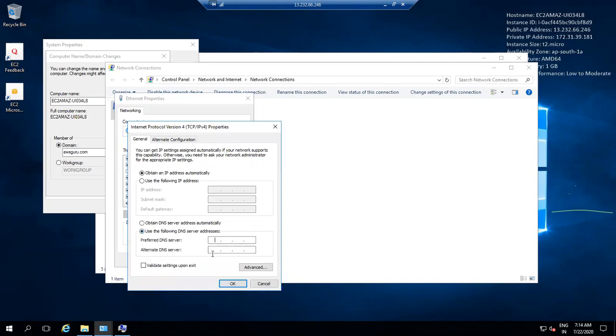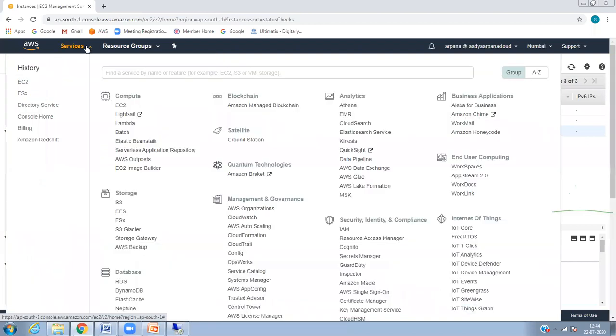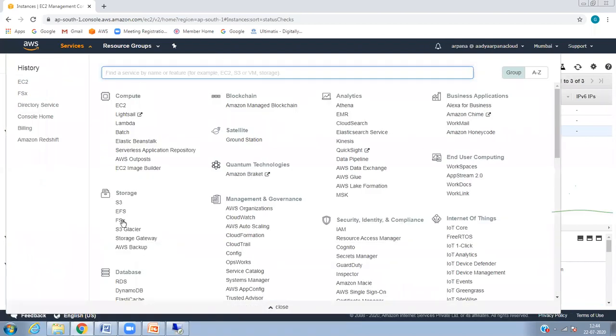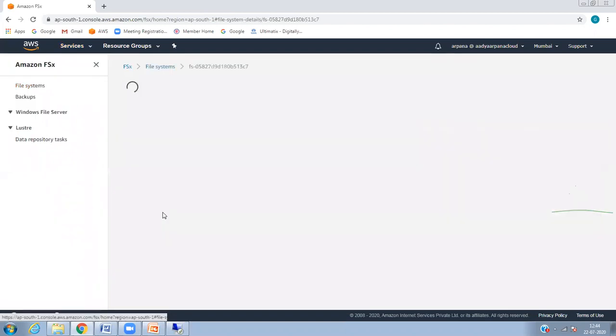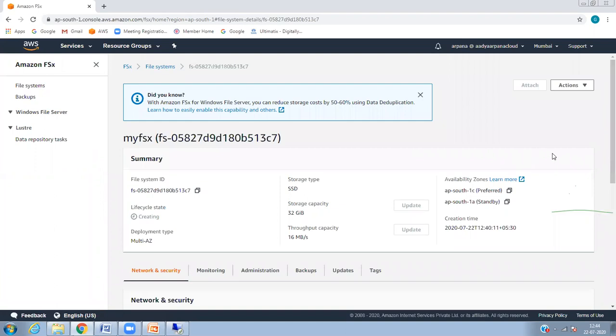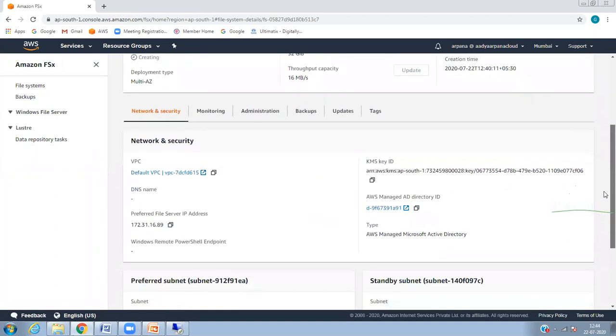Here I need to put the DNS name, but that is where I'm not getting it. However, let's see. Nothing is impossible. Here, DNS name is the problem.